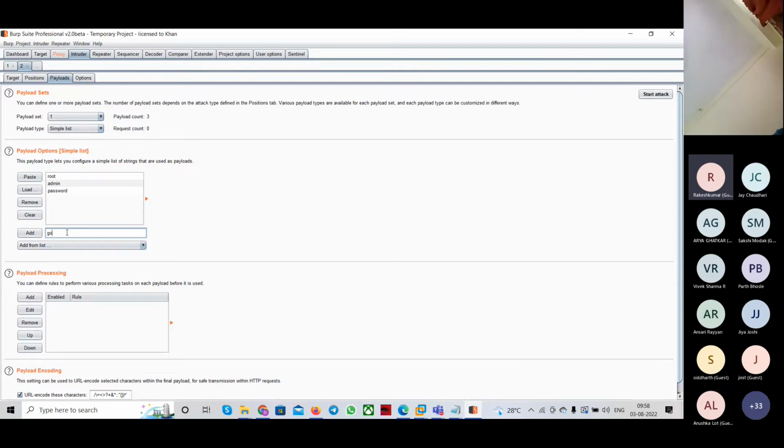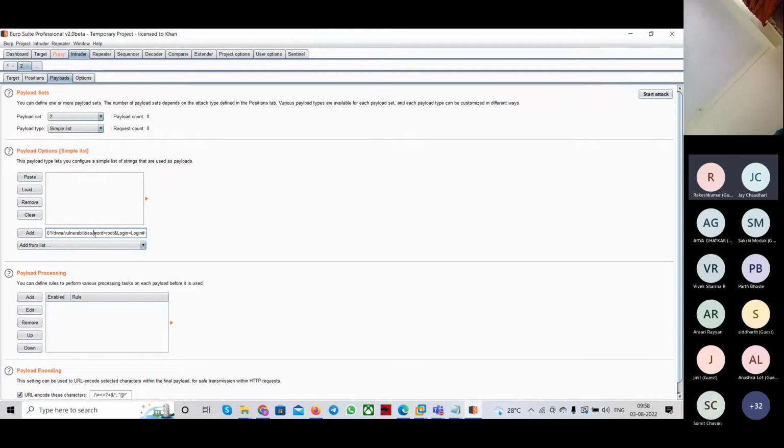कुछ भी, गुड बैड, कुछ भी आप यहाँ पे भी डाल सकते हो, जैसे कि टूर भी आप डाल सकते हो, रूट का उल्टा टूर होता है। ओके, सो यहाँ पे आप ये डाल सकते हो, और पासवर्ड के लिए आप दूसरा पेलोड भी यूज कर सकते हो। यहाँ पे ये सारे मैं कॉपी कर लेता हूँ। पासवर्ड में भी हम लोग ये सेम डाल देंगे। सो एज यू कैन सी, मैं यहाँ पे भी एक सिंपल लिस्ट में सारे पासवर्ड ऐड कर दूंगा।